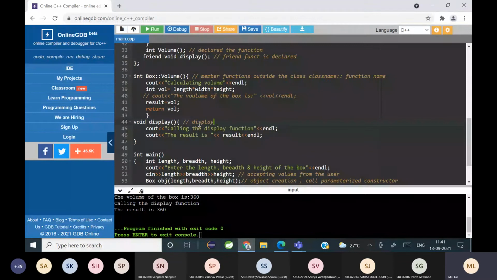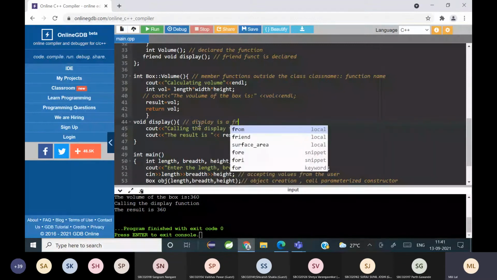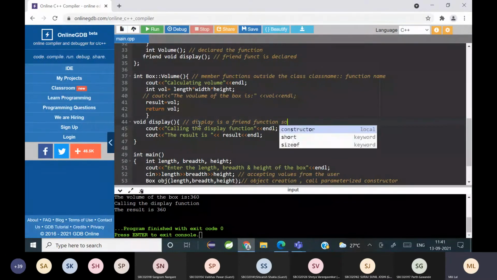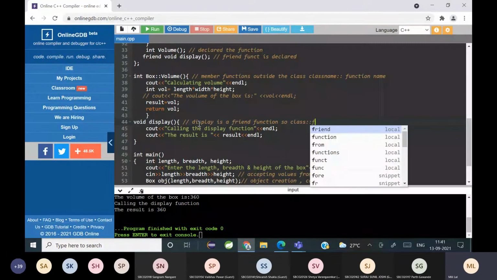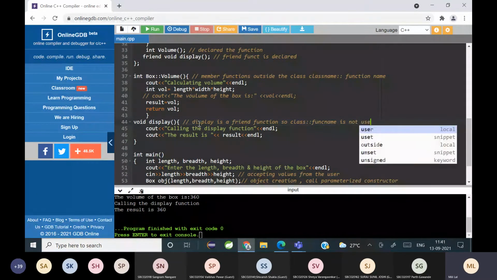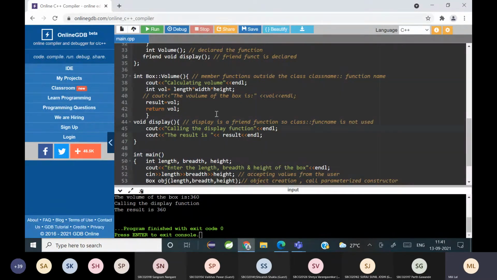So the class name followed by the function name is not used, because what does a class name followed by the scope resolution operator mean? The function belongs to the class. Since display is not a member of the class, you need not use box followed by the scope resolution operator.